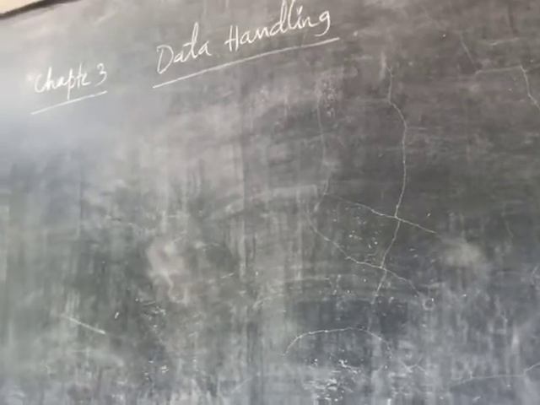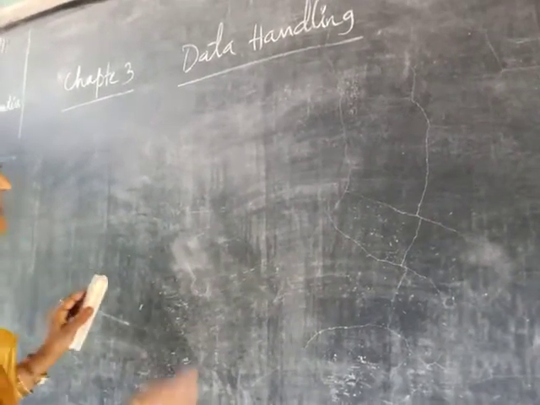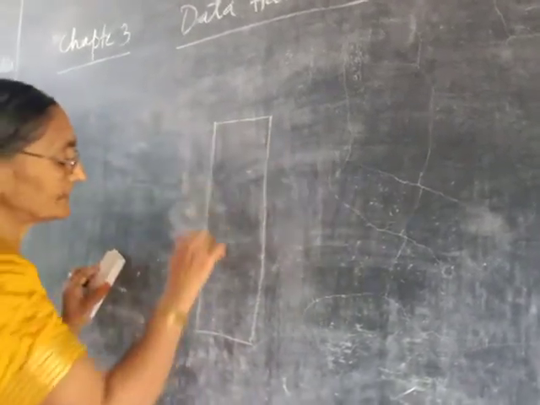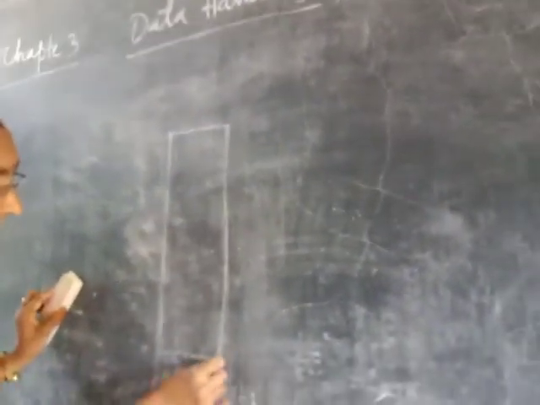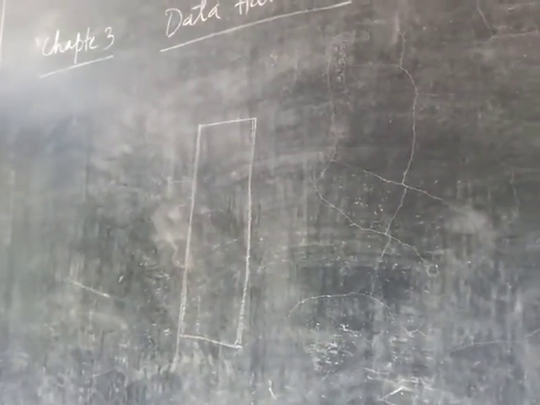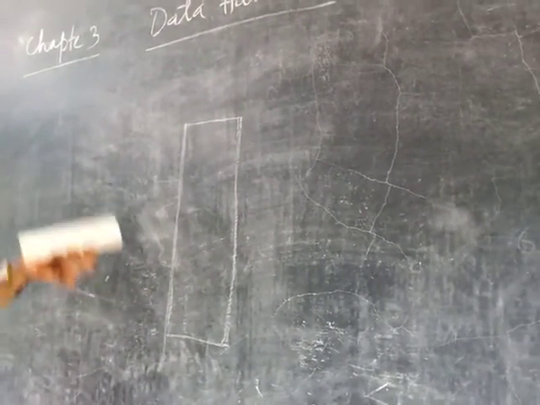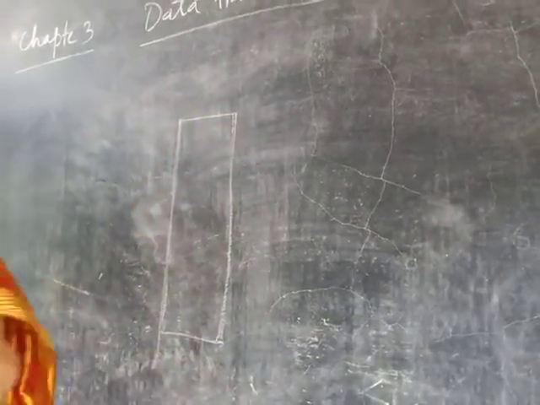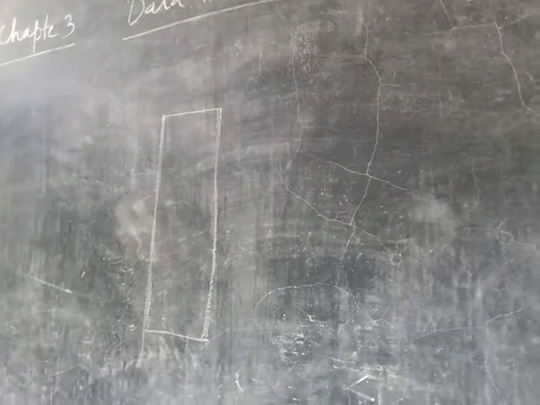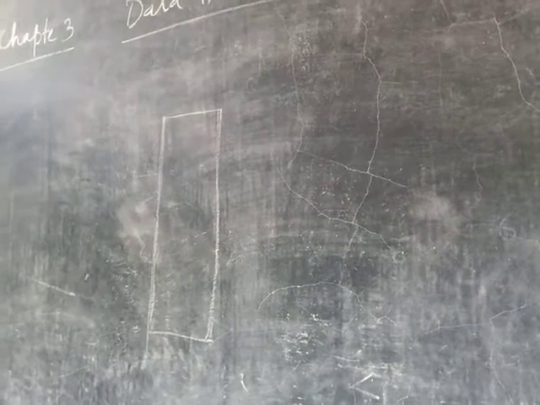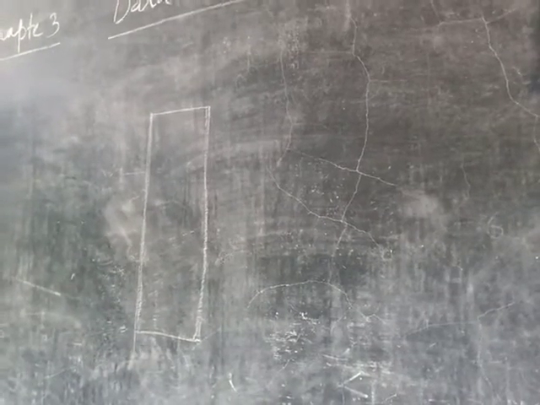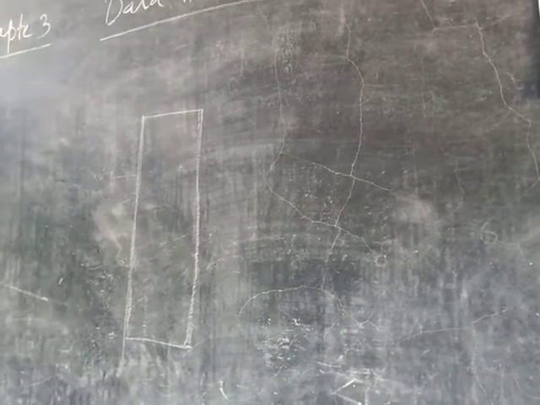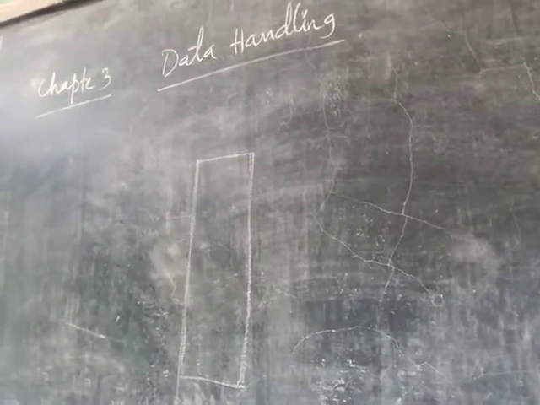And in a bar graph, we use bars. Bar means what? It is like these rectangle-type shapes. These are the bars. In a bar graph, we use bars of equal width. Different heights of the bars show the different frequencies. The height of a bar represents the frequency of the corresponding observation. Let us see an example.